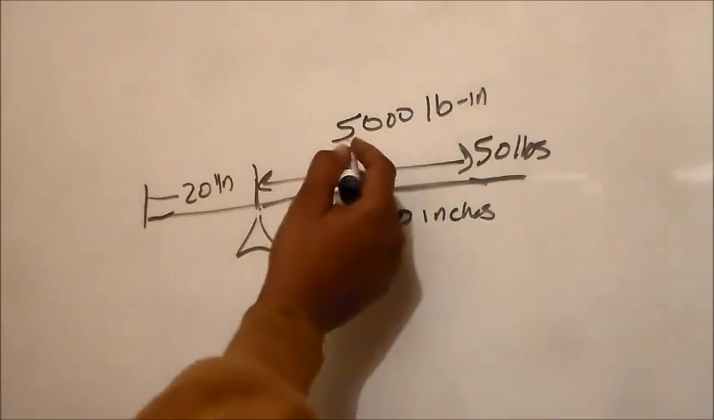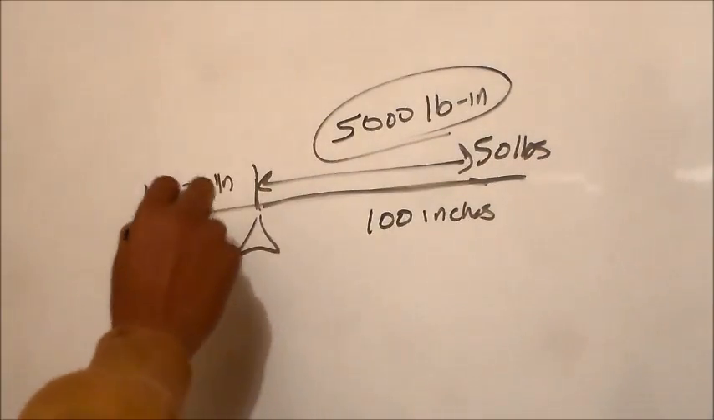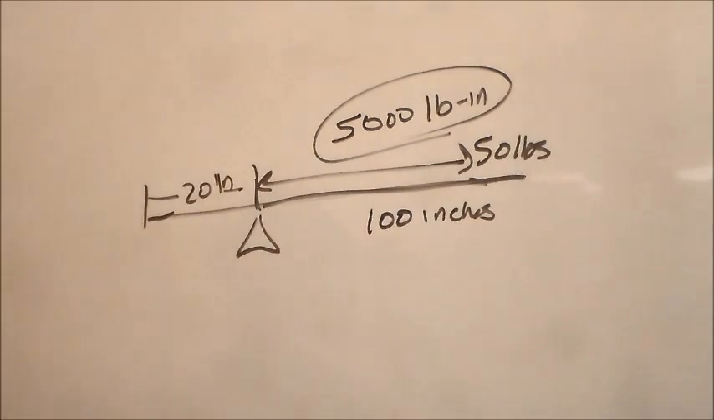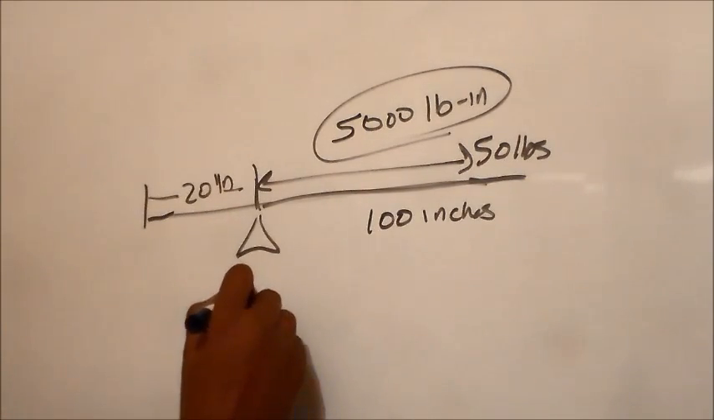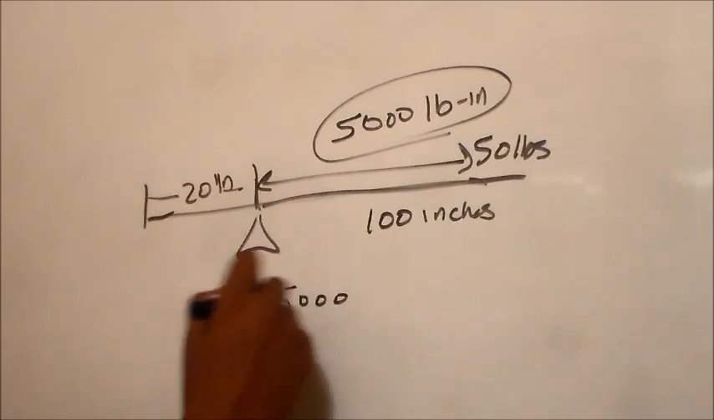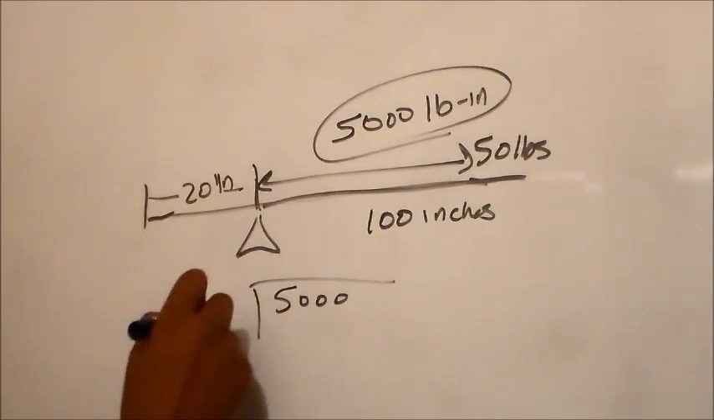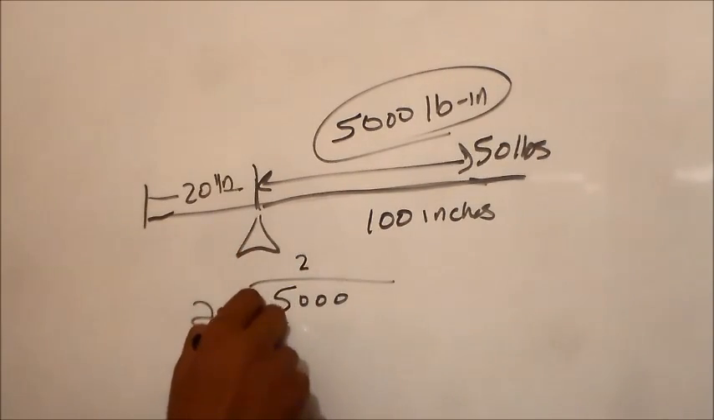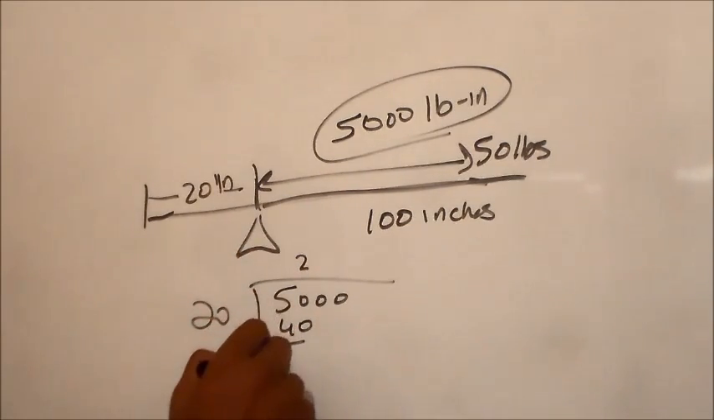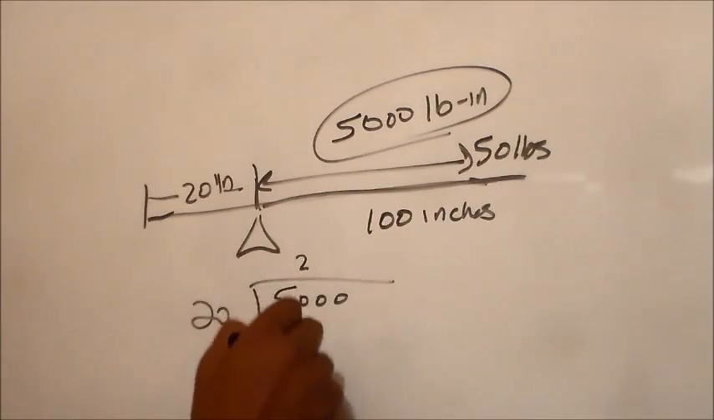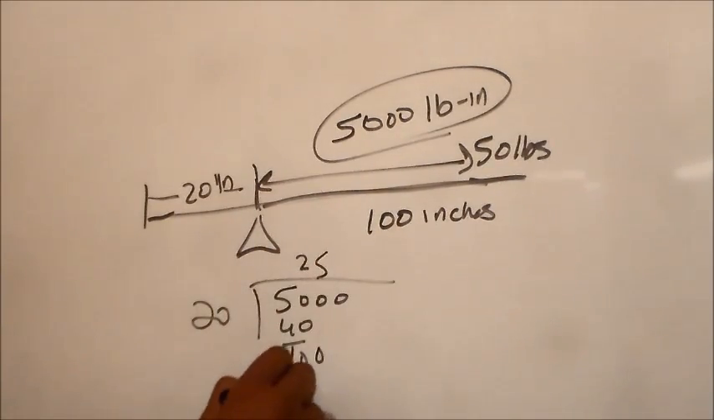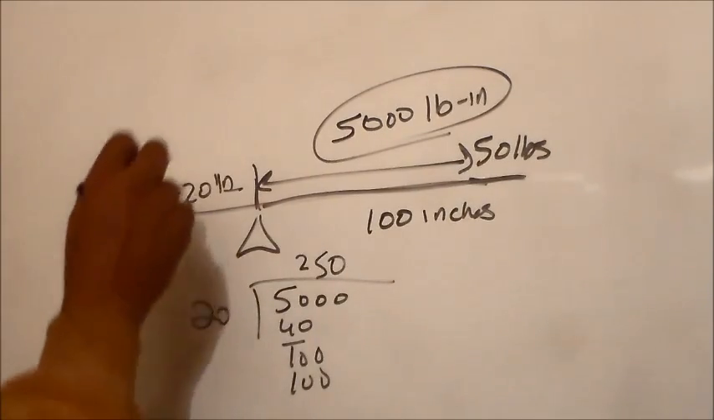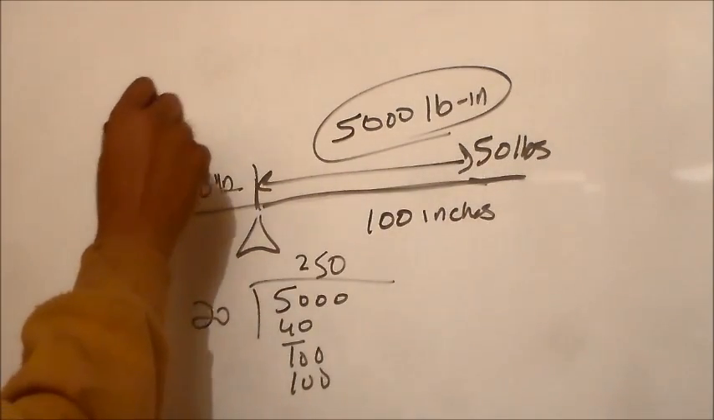Well, again, we have 5,000 pound inches, and if this guy's only going to be 20 inches, then I would take 5,000 and divide by the 20 inches. And 2, 40, 1, 0, 0, 5. So this guy has got to be 250